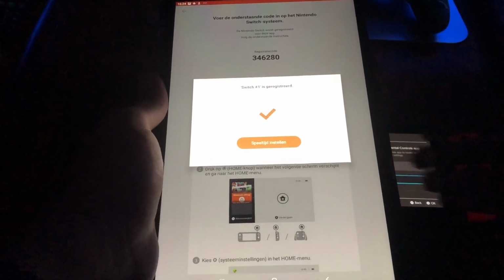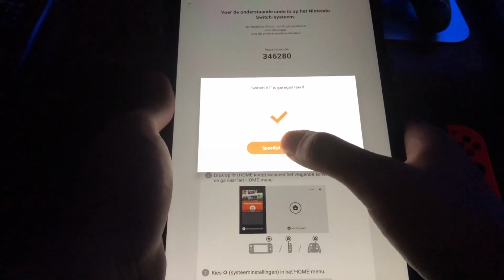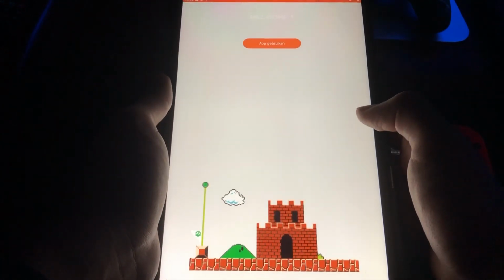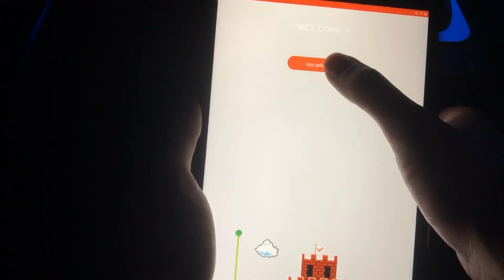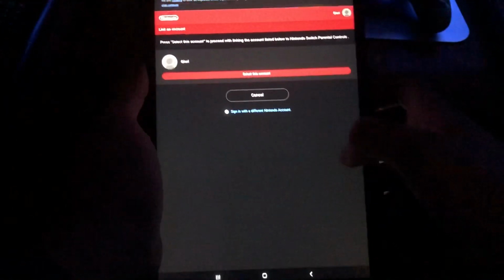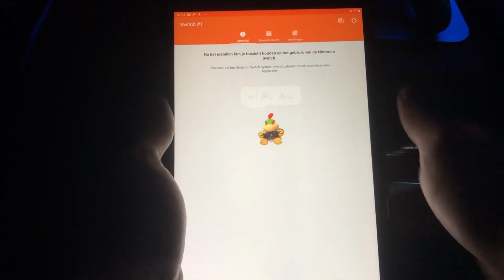Now go over to whatever you're using and press on this button right here and use the app. So I think I did something right there. I'm gonna go back. So you will get this screen right here guys.